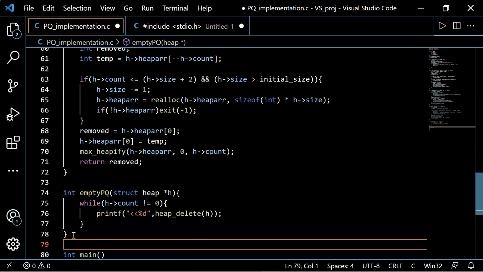Further, we'll create one more function to visualize our priority queue.